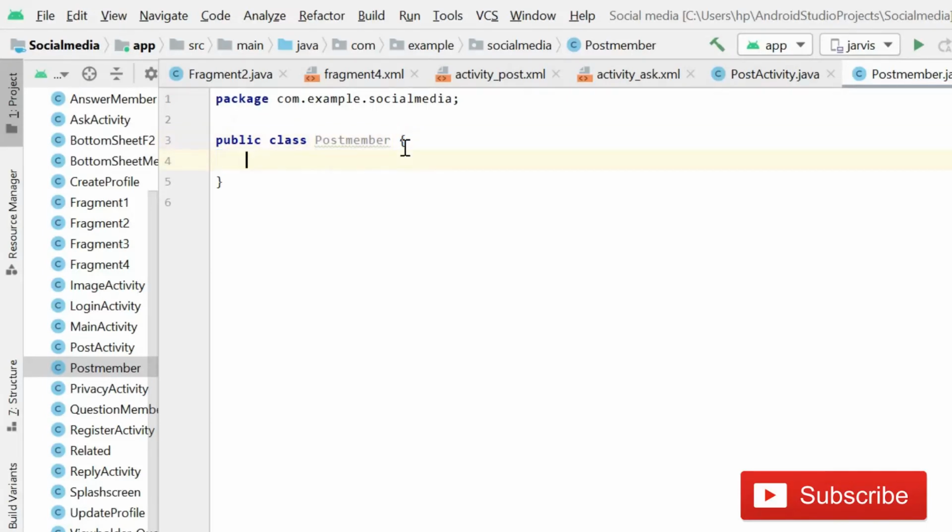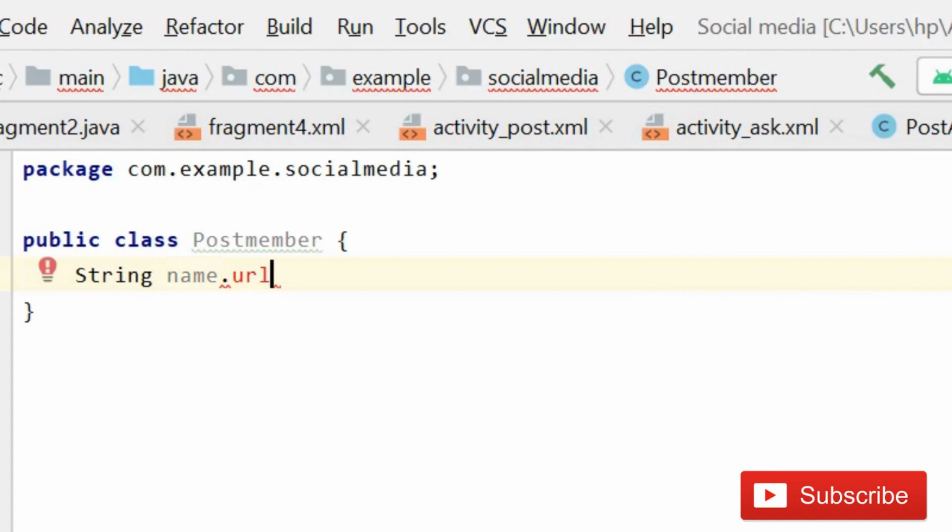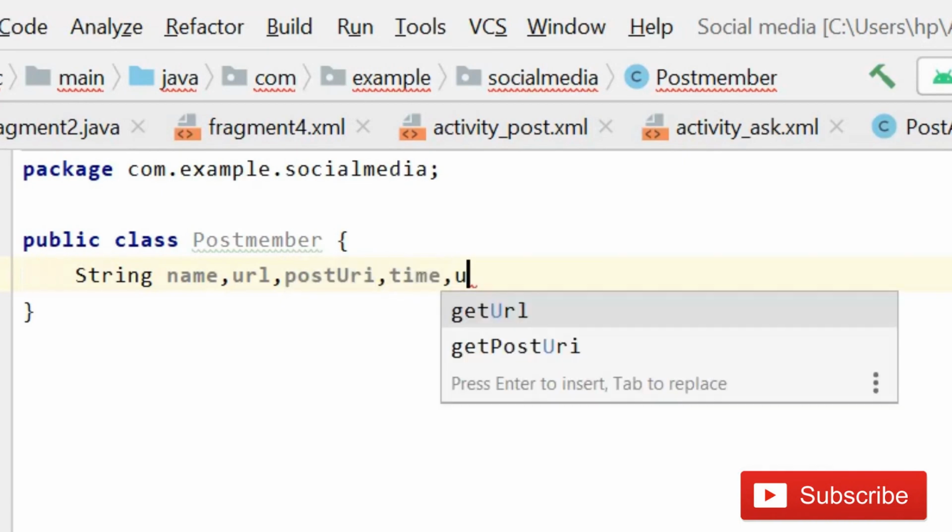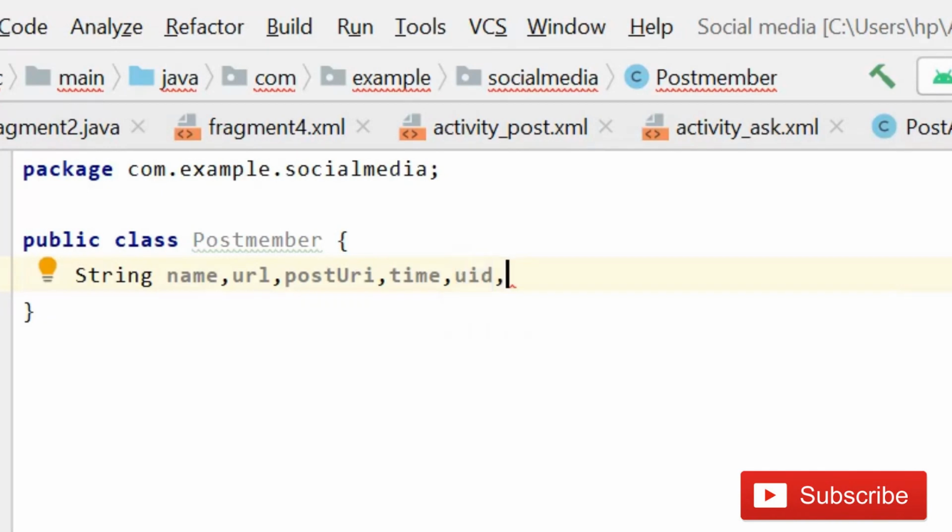And here you have to create some strings: name, URL, then post URI, then time, UID and type, and description, because we are also saving the caption.